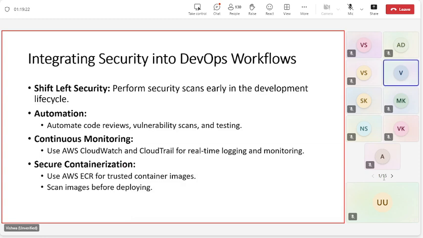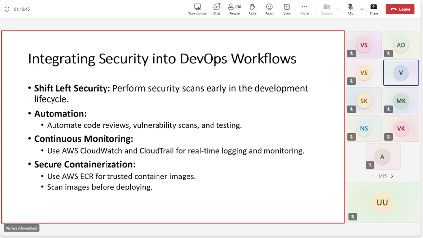Automate the code review, vulnerability scans and testing. As soon as you write the code, it goes to the reviewer. The reviewer checks it, approves it, scans for vulnerabilities with the help of SonarQube, and then it gets into the pipeline automatically. It should all be automated.